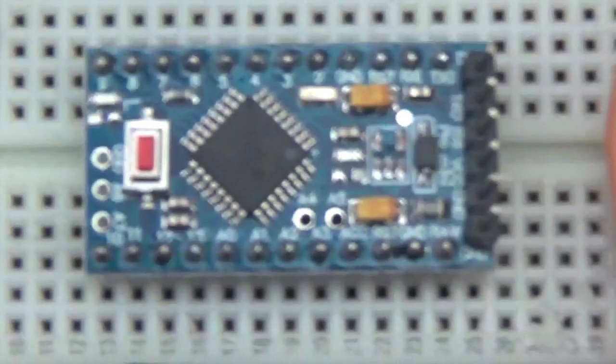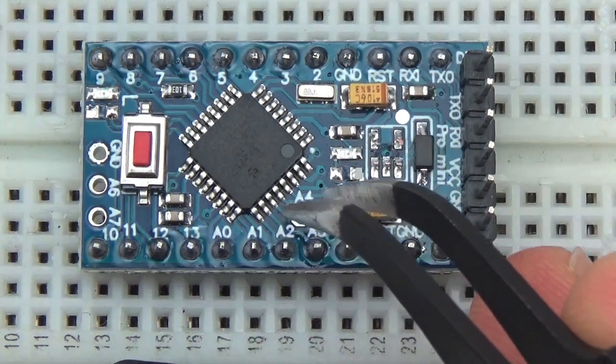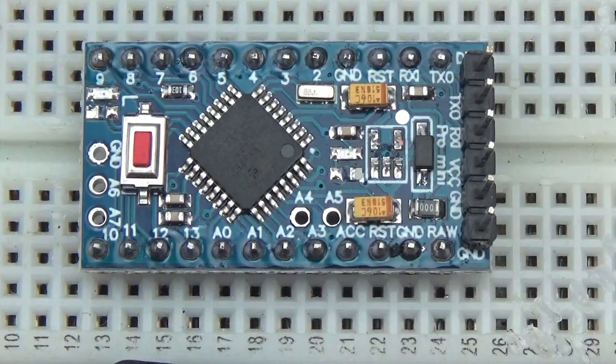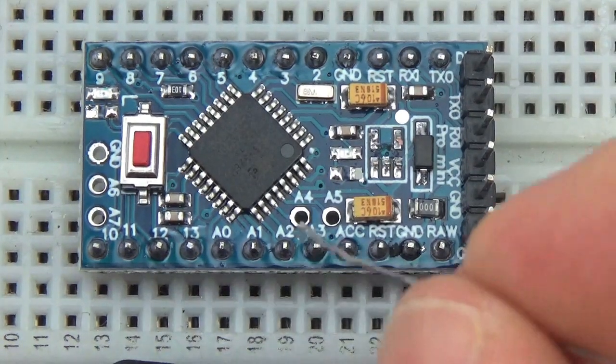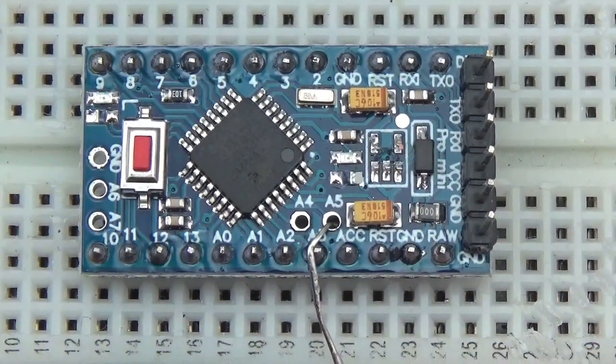Once you've got the resistors removed for the LEDs, the regulator is removed, the pin headers are attached, the last step is to deal with the I2C bus, which is the A4 and A5 pins. And what I do is I take the leg of a resistor and I just pop it into the hole and bridge them across